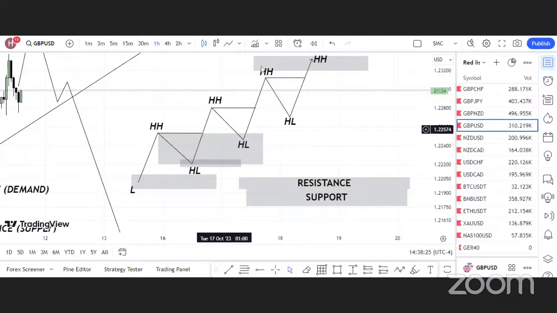I don't think I've ever taught this on this live stream. I think this is the first time I'm making examples with this, because it's a premium way of trading. So if you are here today, you are very lucky. Honestly, trust me. Now you see the market came back to retest this last bearish movement before continuing